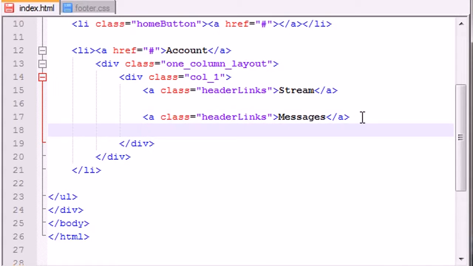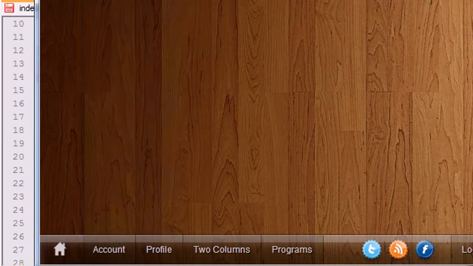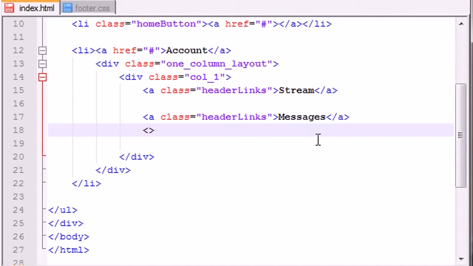So now what I want to do is I want to start adding these links. So what links are there? Inbox, sent, trash, and compose. Now obviously if you guys can see, these links are styled a little bit differently than these main header links. And actually what I want to do, just copy this. Now the class of these is actually list links. So the first one is inbox,